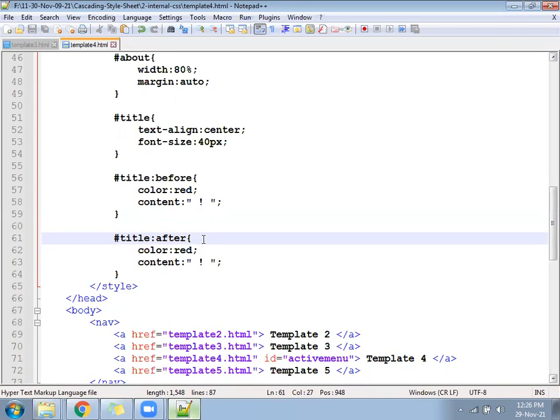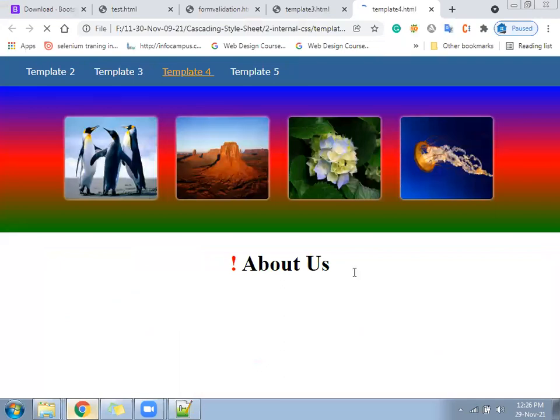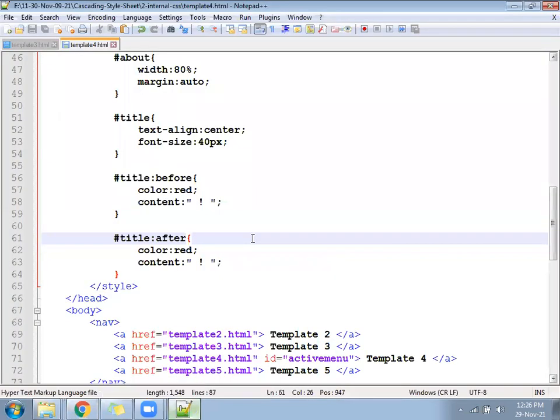That is called after and before. So hope we are getting the symbol after and before. That should look like this. After also and before also. So here it is not that we can keep only one thing, we can keep anything.